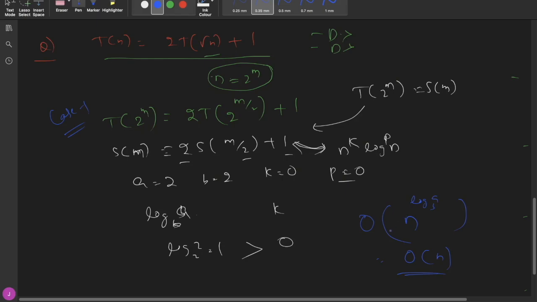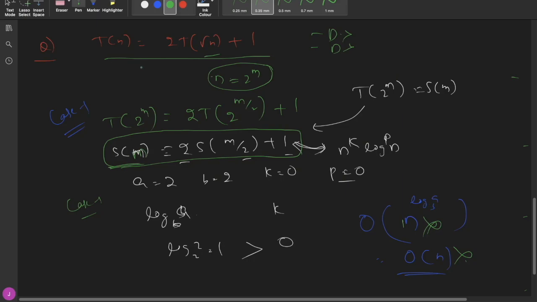But see here, there is one more twist. I have made a mistake, and you may also make that mistake often because we are habituated to the previous form, but this is not a copy of that solution. Here we have taken s of m, so our answer should come in terms of m, not in terms of n. Here we have made the mistake. You have to see what the value present here is. This is our recurrence relation. By taking it, we get case 1 arising, and we announce that the left side is winning by making the log a base b value the exponent.